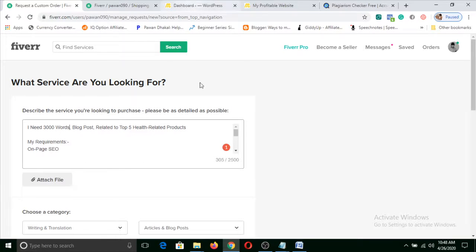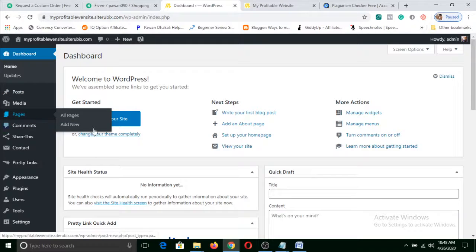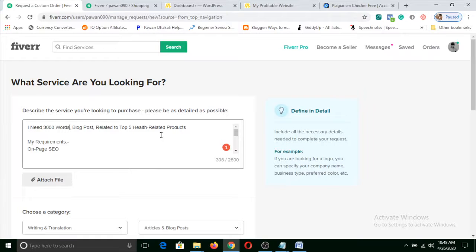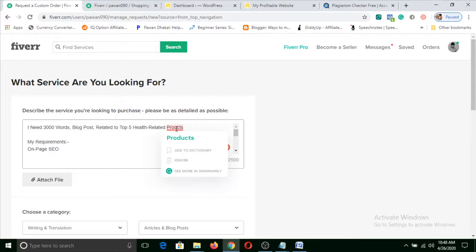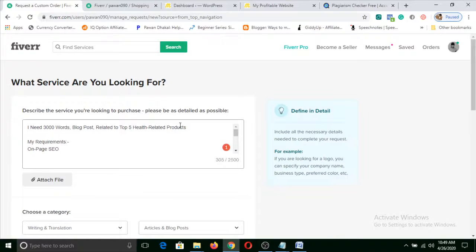It is important for us when we are making a post or pages, that if there is something wrong, it will start to suggest that this thing is wrong. Just like if I delete a letter from products, it will see the spelling is wrong, and it will show us products. Now this extension is absolutely free. I will also give the link of this extension in the description of this video. You just need to click on that and download the extension, and you can sign up to Grammarly, and it is free to use for lifetime unless you want to upgrade it or pay for it. With the paid feature, you'll get some extra benefits, but it is okay to just use its free version.